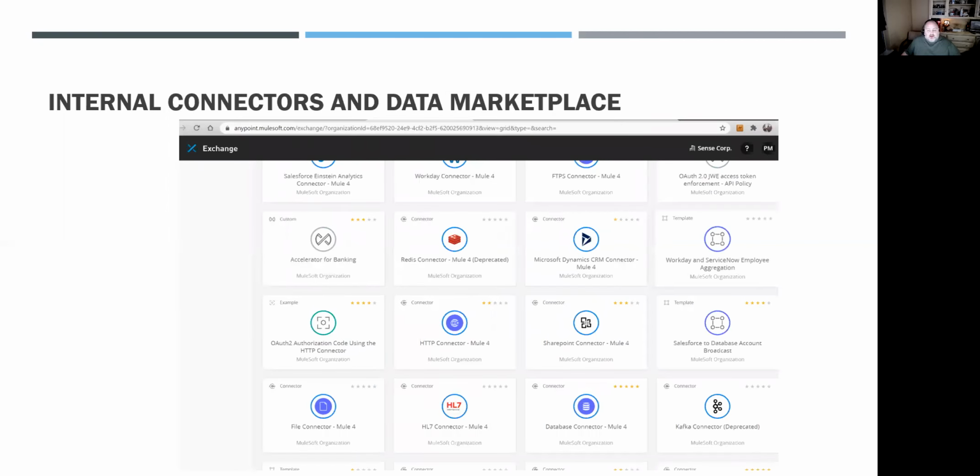This is their internal connectors and data marketplace. So this is where you can go in and find, here is the Mule 4 data connector. Here is a Kafka consumption data connector. If you're picking up data from the open source PubSub tool Kafka, which is gaining a lot of popularity as a way to put things out, write once, consume infinite. It is the data source for many mobile applications that you don't want